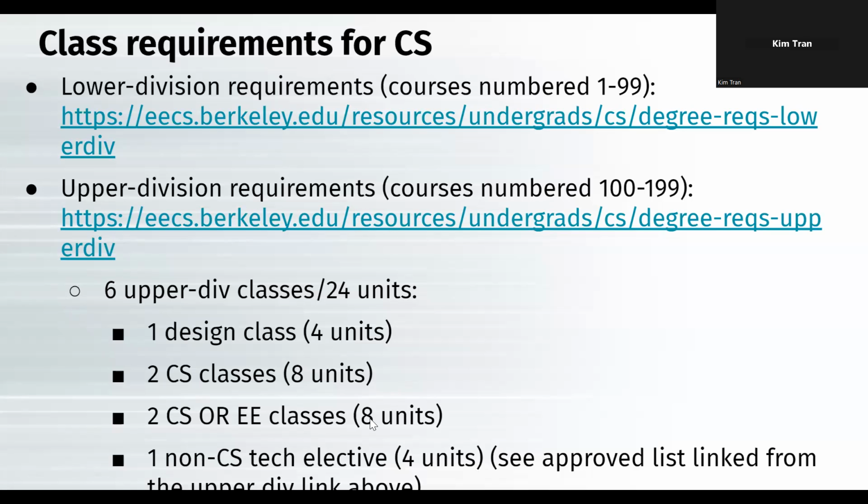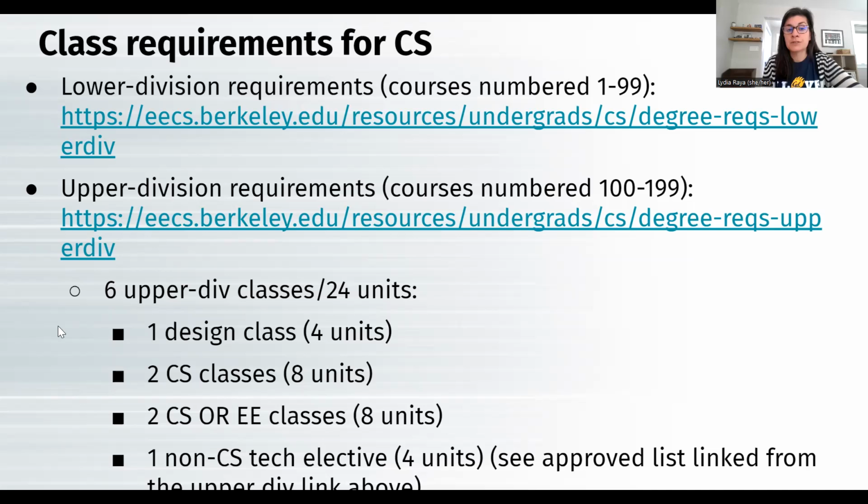Great. Okay, so how many units do we need to take to graduate? So total units you need are 120. That's the minimum number of units to graduate. And so that's going to include your transfer units. So oftentimes transfers will come in with about 70 transferable units, and then you'll have to take at least 50 at Berkeley to get to that 120.